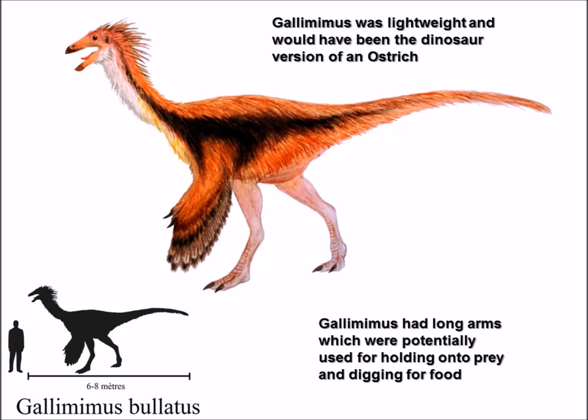most raptor species had feathers, and even perhaps many tyrannosaur species had feathers. Even that massive Tyrannosaurus Rex you see in Jurassic Park, all lined with scales, might have actually been feathered. So that's quite an image to ponder and wonder about. But moving on, this is what Gallimimus and more dinosaurs would have looked like, being so bird-like and